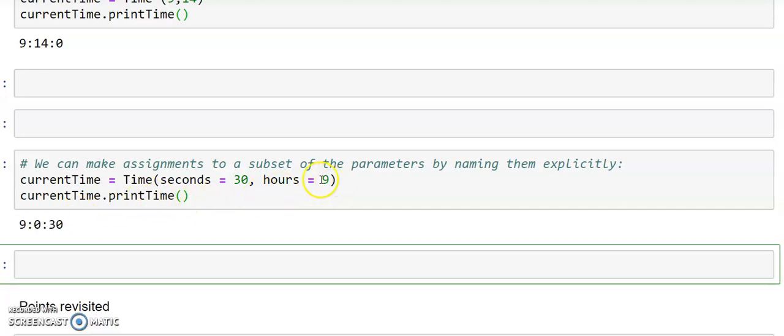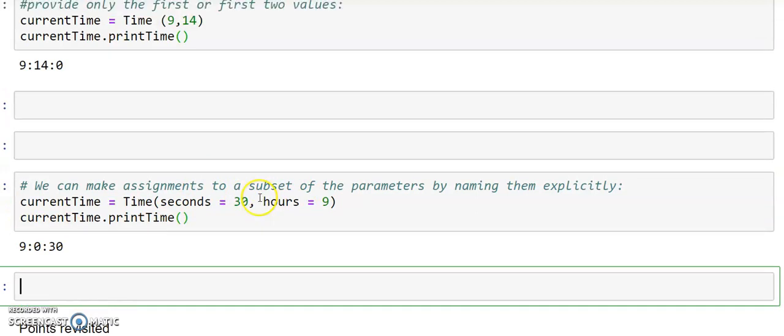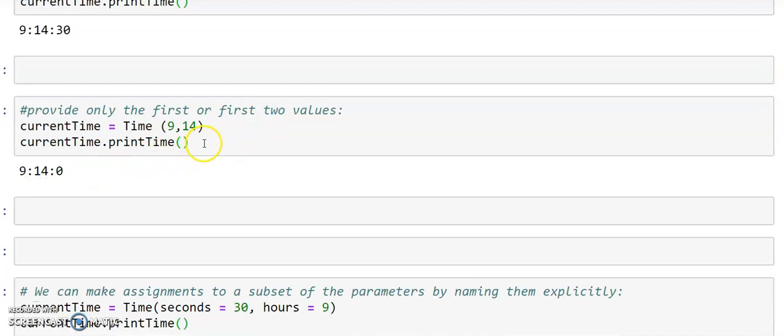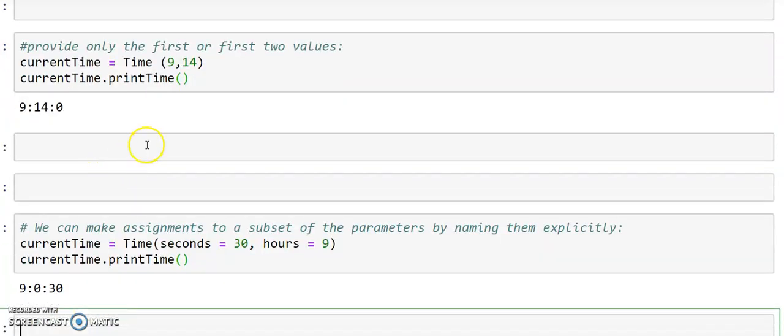So it will assign the hour to the hour attribute and the seconds to this, and since we are not passing anything for the minutes, it assigns 0 for that. This is how we can execute with varying parameters for the methods we are invoking. In the previous class we discussed a problem on how we can have optional parameters for methods. This can also be an example of optional parameters.